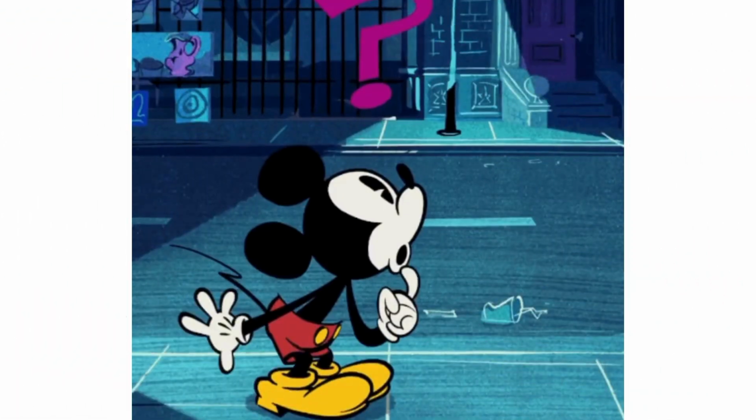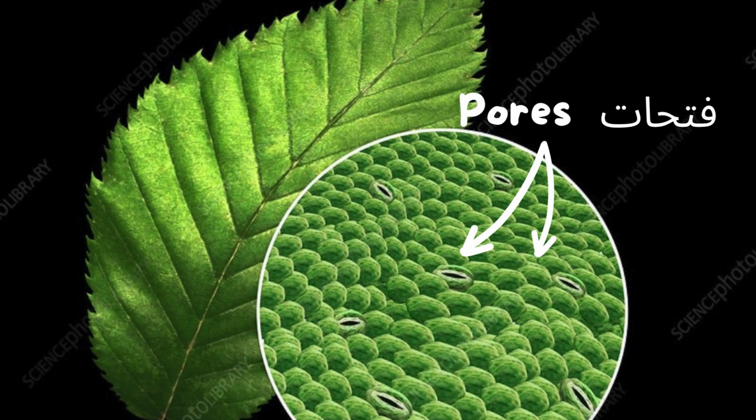So how do the leaves take in carbon dioxide and give up oxygen gas? Can you think with me? Yes, they must have pores or something that allow the carbon dioxide to enter, and also allow the oxygen gas to go out from the leaves. So this thing is pores, okay,